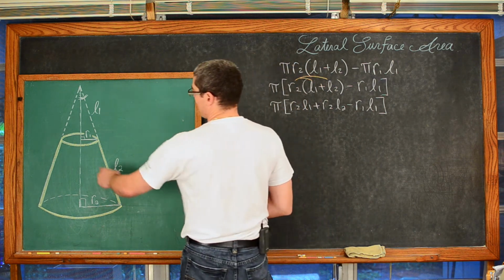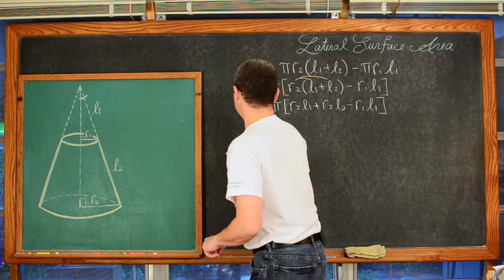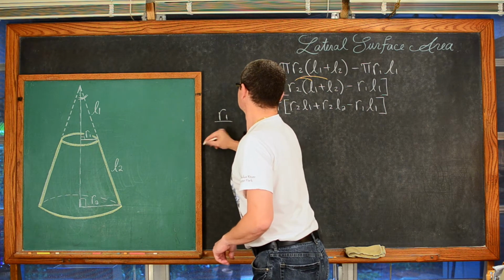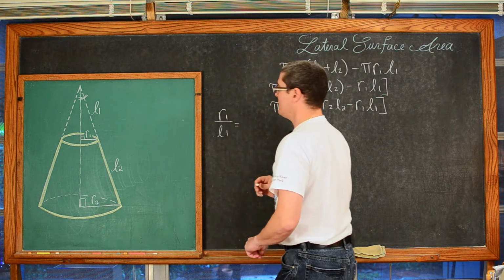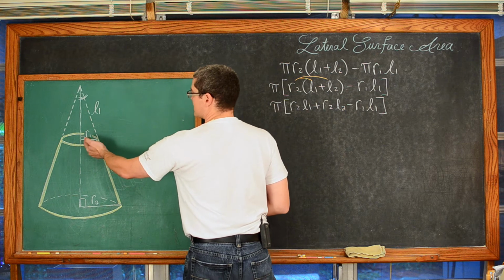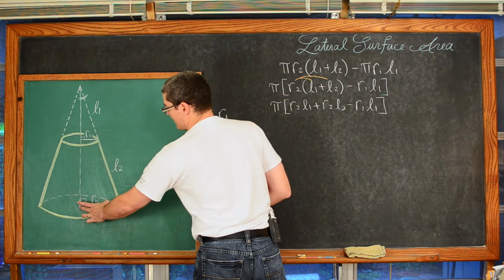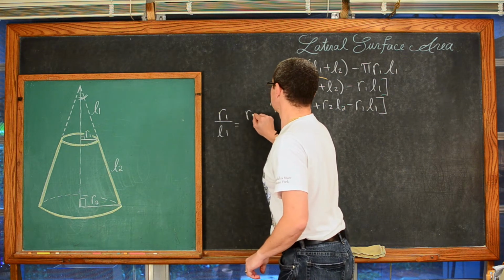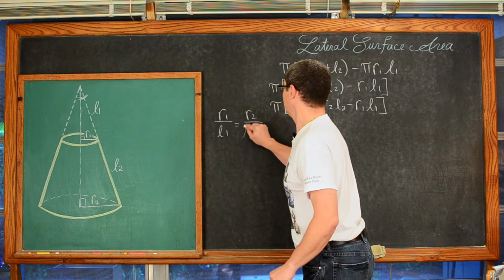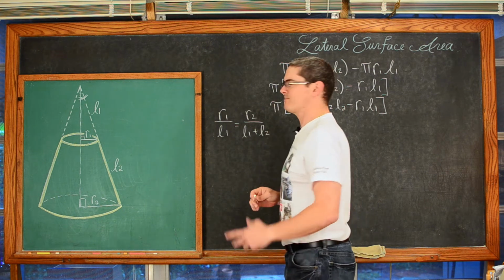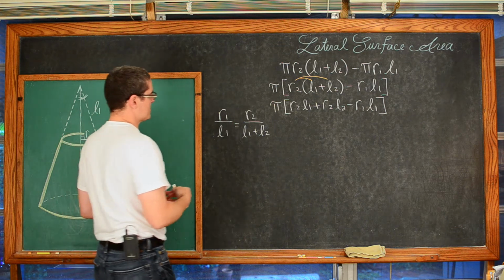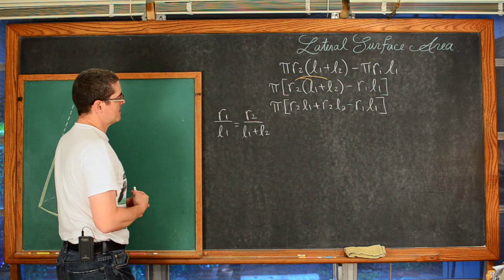So we're going to say that we have r sub 1 over L sub 1. And that is equal to, so that's the base of this right triangle over its hypotenuse, and then we have the base of the large triangle, r sub 2, over its hypotenuse, which is L sub 1 plus L sub 2. So we're going back to proving two triangles similar with the AA postulate or theorem, and now using that to set up some equal ratios.